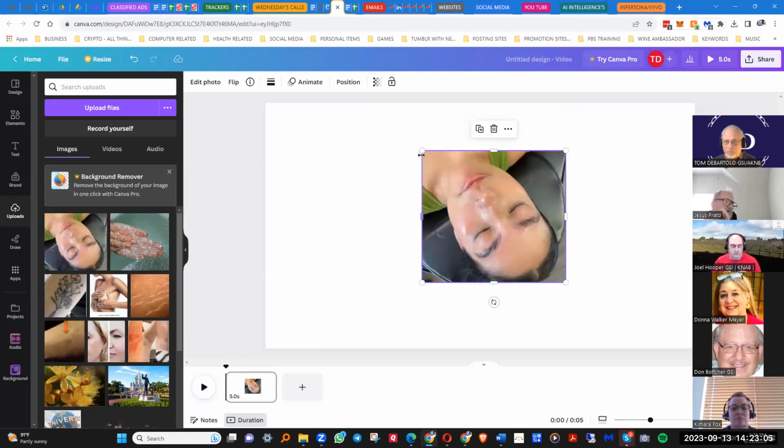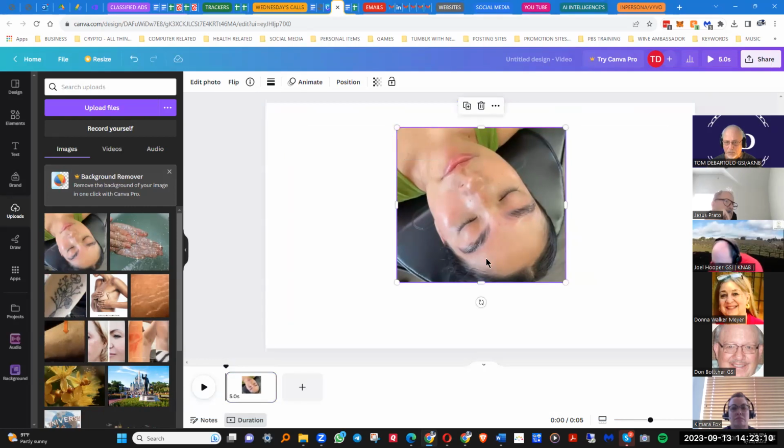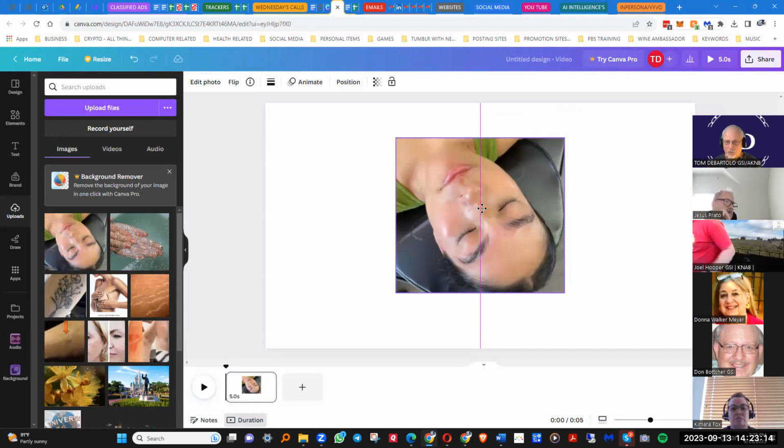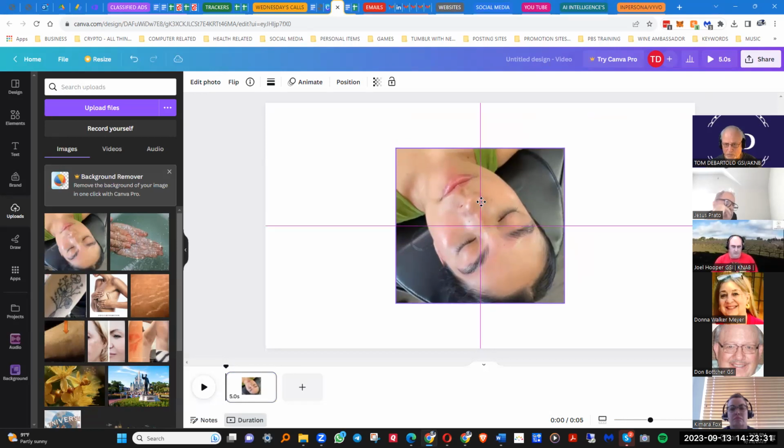Now, you have different size pictures. So what you want to do with all the pictures is drag it around. You see that when I let go of my left mouse button, the line disappears. But if I click on it and move it around, you see that line appear vertically. What you want to do is center it.